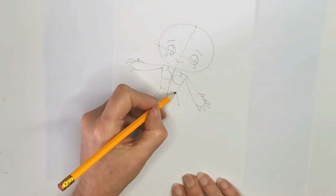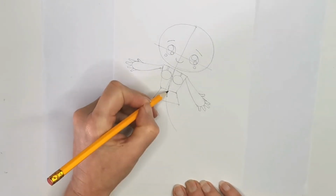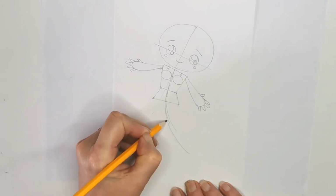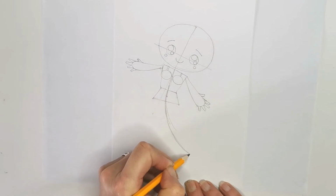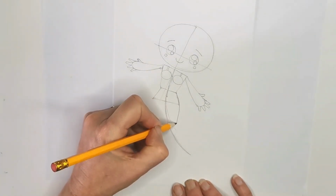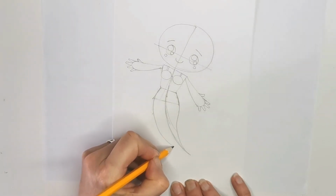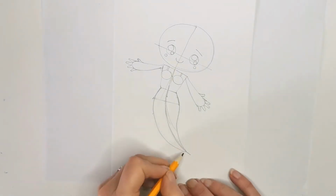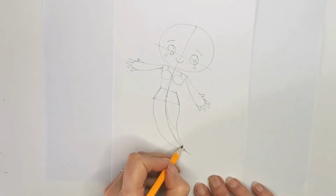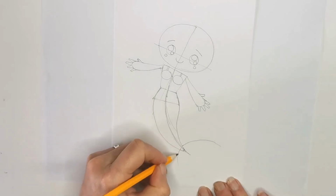Now we're going to give her a nice mermaid tail. So for that, we're going to come round on a bit of an angle, maybe not that sharp. Going to come round on a bit of an angle like this. The joy of putting your pencil lines in first. You can explore and adapt as you go until you're happy. So let's get this nice mermaid tail in, just like that. There we go. We're going to round off this edge. Everything's all nice and soft and cute, and then we're going to put in a semicircle shape down here to